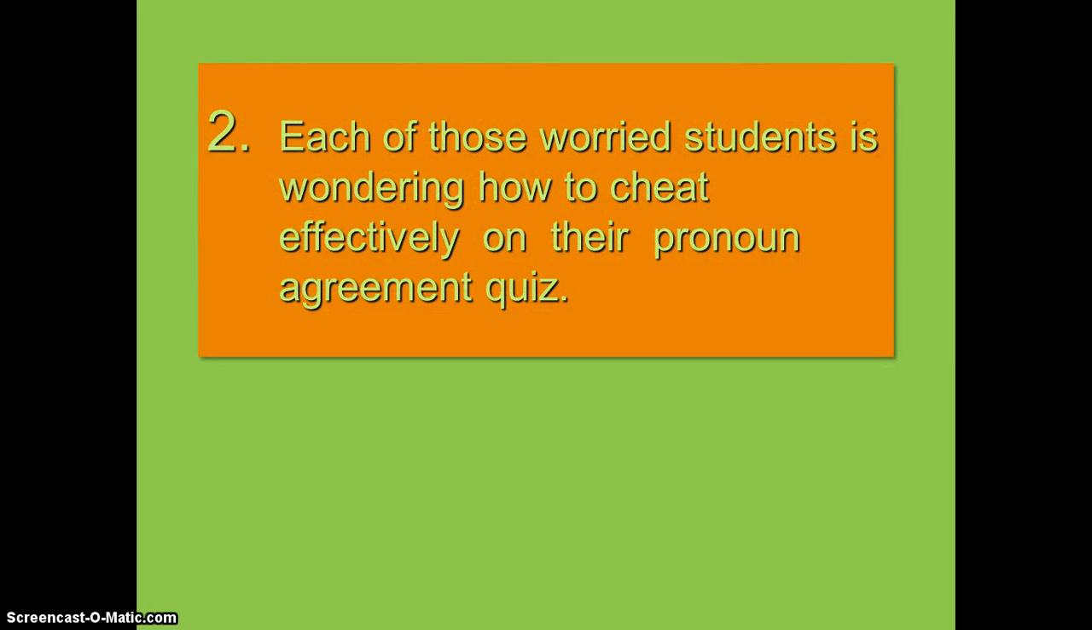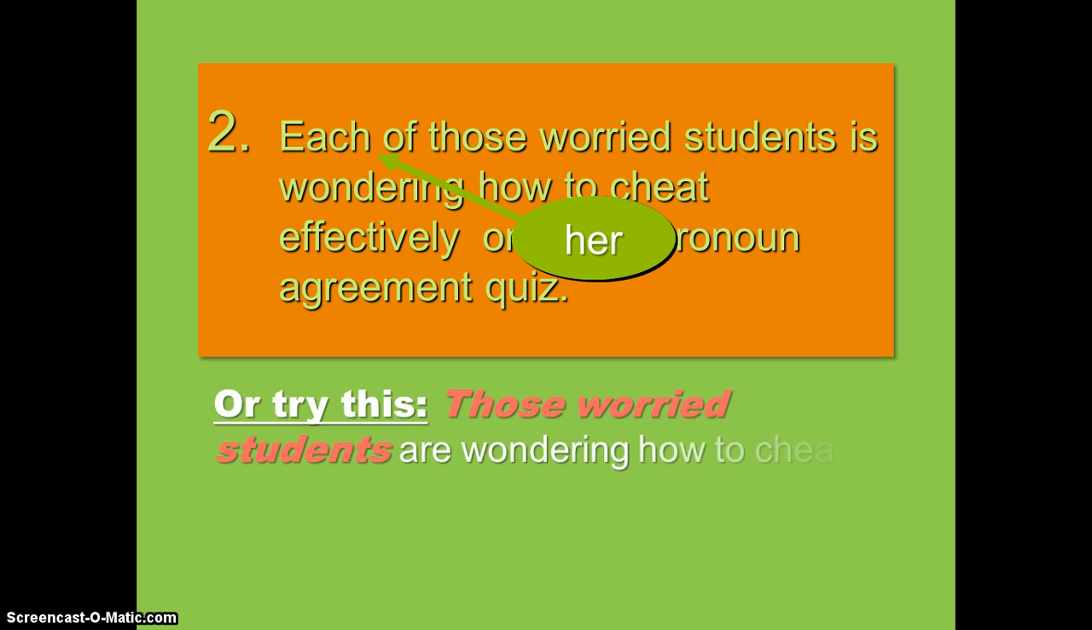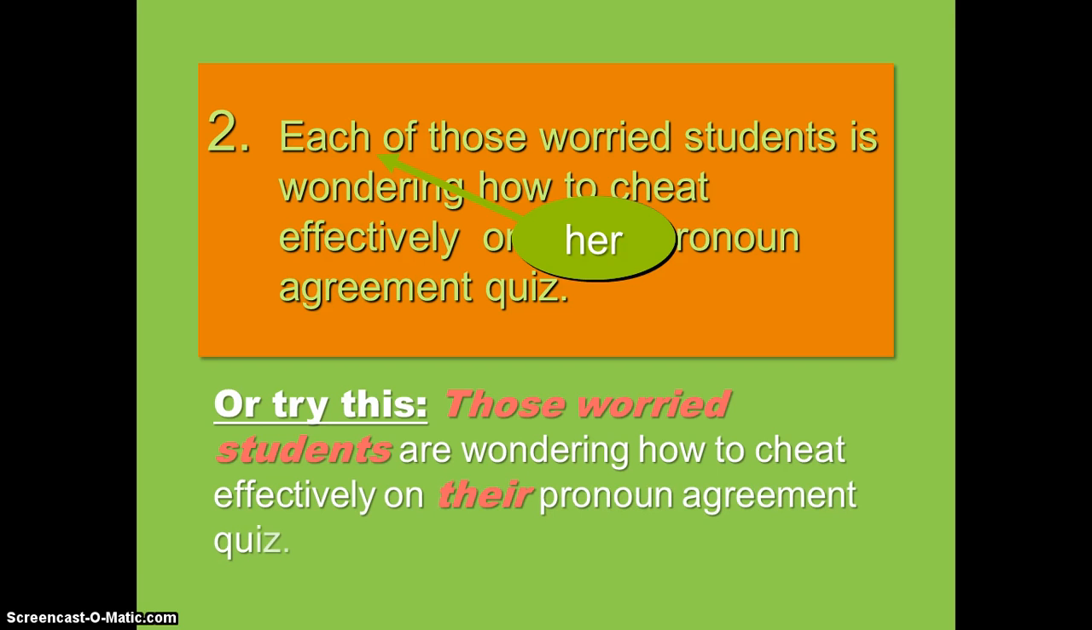Another example: each of those worried students is wondering how to cheat effectively on their pronoun agreement quiz. Same instance as last time. Each is always going to be singular, so we need to use his or her. But to avoid potentially "his or her," we could try this. Those worried students are wondering how to cheat on their pronoun agreement test. Now, with the pronoun, we've created a plural antecedent with students instead of each,